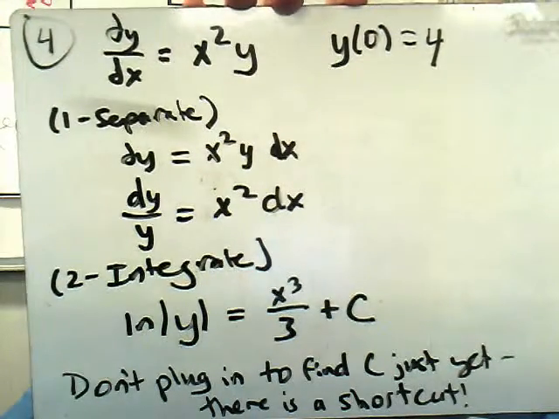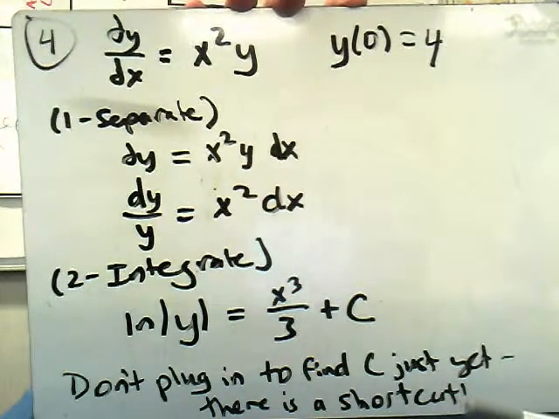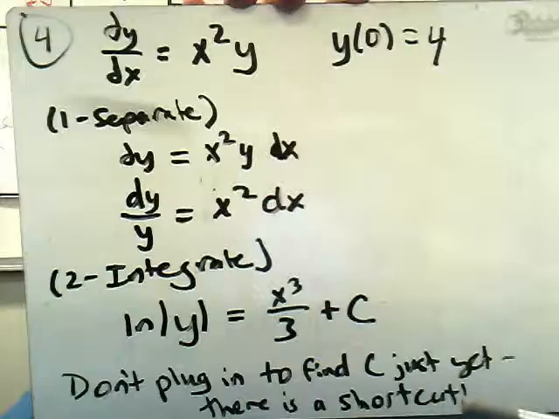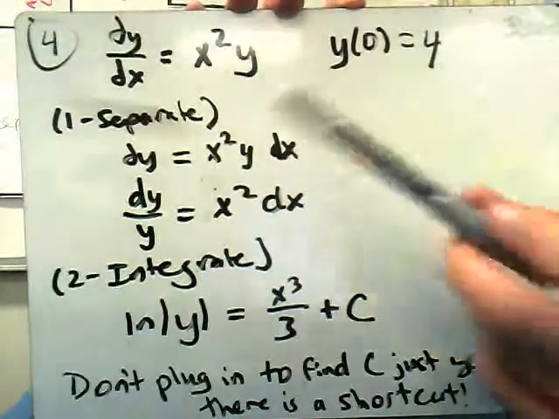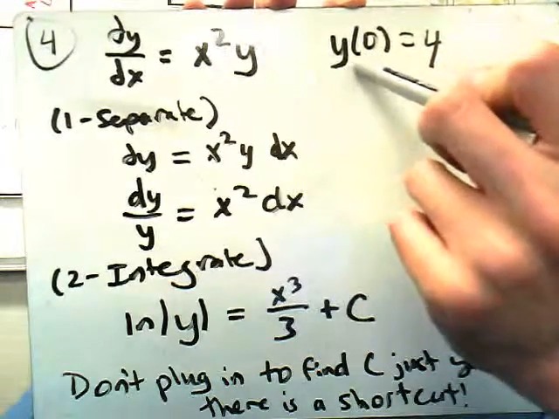Now I'm going to talk about a specific type of differential equations that you need to be wary of, and those are the ones that involve natural log. So here's an example. dy/dx is equal to x squared y